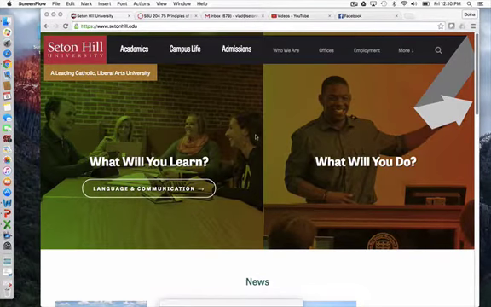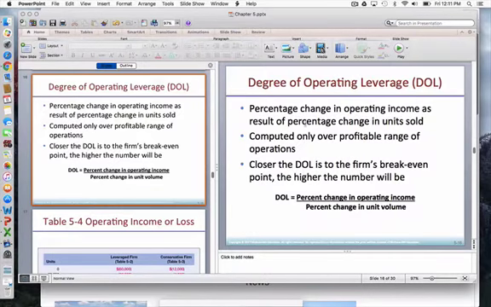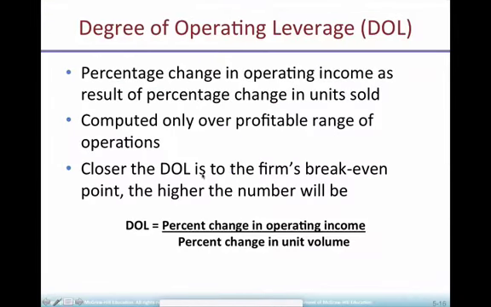Hi, we are going to continue our discussion today with the concept of leverage. So, we are going to discuss three leverage aspects: operating leverage, that's going to be measured by degree of operating leverage, financial leverage or degree of financial leverage, and the combined leverage, that's going to use both of the elements. So, we are going to start with operating leverage first.